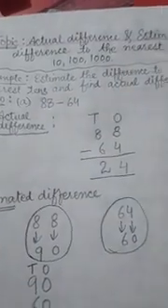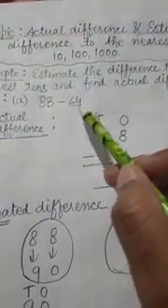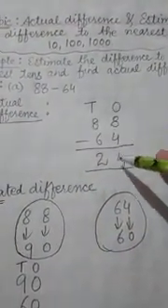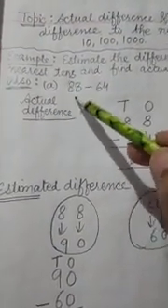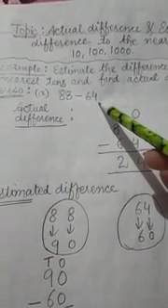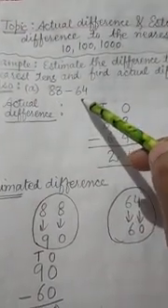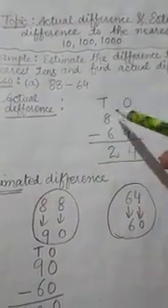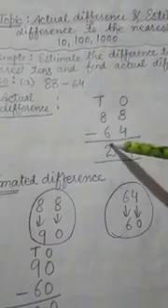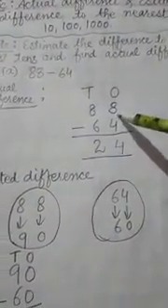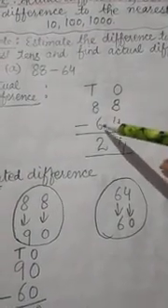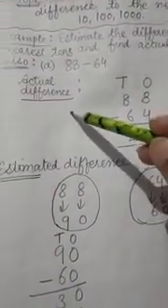Now here, what is actual difference? As the statement is given to us, in the same way we are going to calculate it and find the difference. That is actual difference, meaning we have not changed any digit in this statement. We are doing our calculation with this statement only. After doing the calculation, we will get the actual difference. Here you can see 8 minus 4 is 4, 8 minus 6 is 2. 24 is the actual difference.